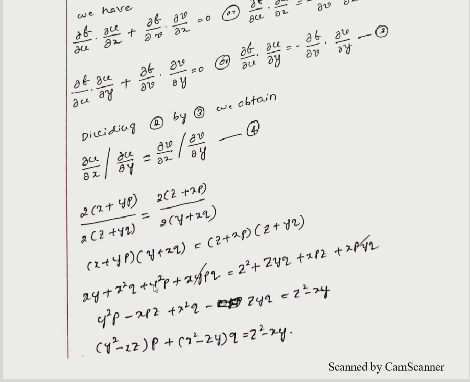Next, shifting p terms and q terms to one side and xy terms to the other. Therefore, y square into p as it is, here shifting this term, it will become minus xpz, plus write this term as it is, shifting this term, it will become minus zyq, that is equal to the remaining terms: z square, and xy. Shifting xy to the right side, it will become minus xy. Next, p is a common term in these two terms: write y square plus xz, plus in these two terms q is common: write x square minus zy into q, that is equal to z square minus xy.